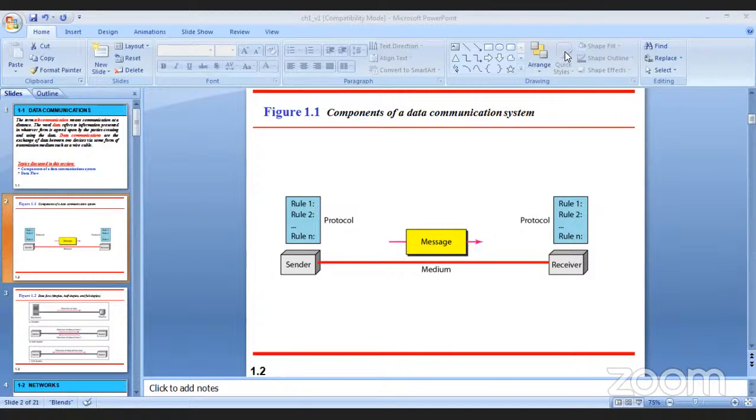Okay, so the protocol is a set of rules and regulations used to initiate data transfer, used to control data transfer, used to supervise data transfer, and used to monitor as well as